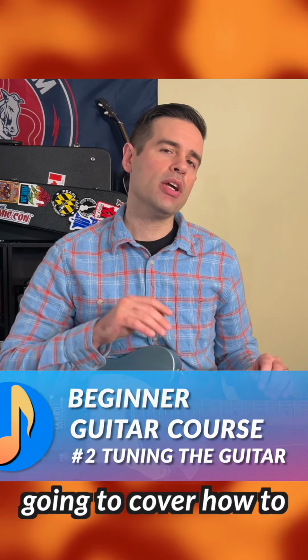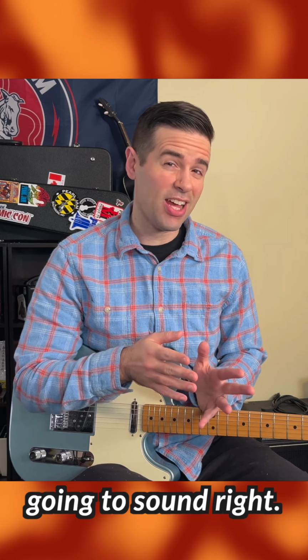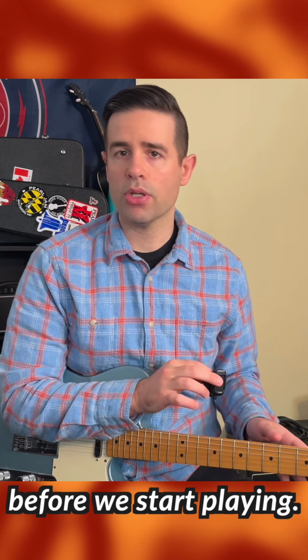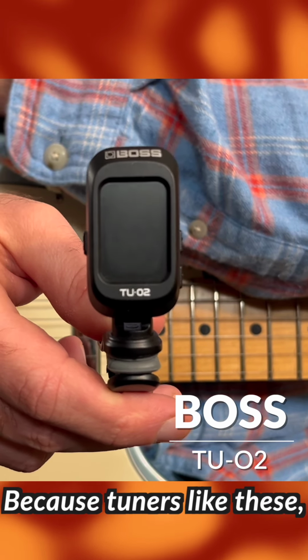In this video, we're going to cover how to tune the guitar. And if I'm playing Captain Obvious, if it's not in tune, it's not going to sound right. Tuning just means that we want each string to sound a certain way before we start playing. And for that, we're going to use a clip-on multi-instrument tuner, like this Boss TU-02, because tuners like these are